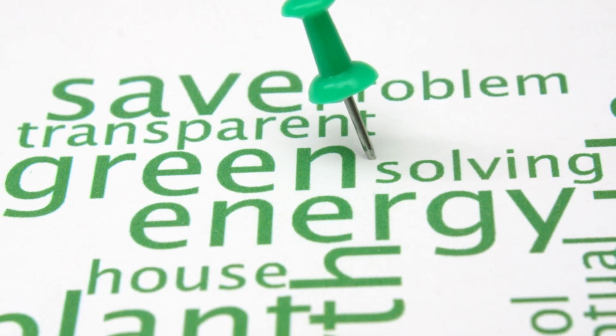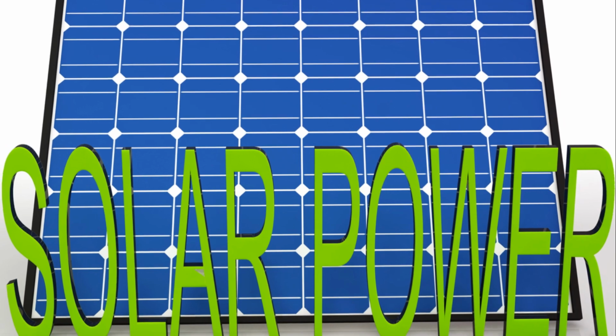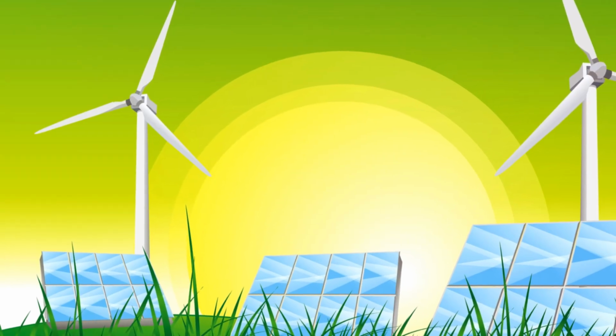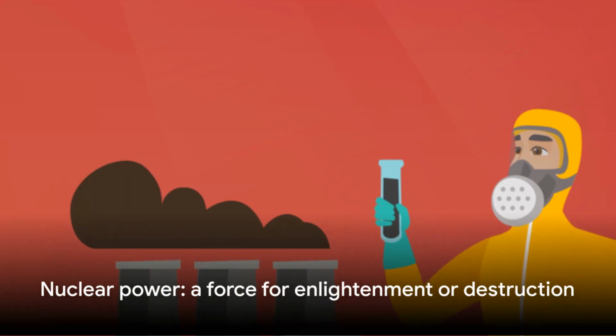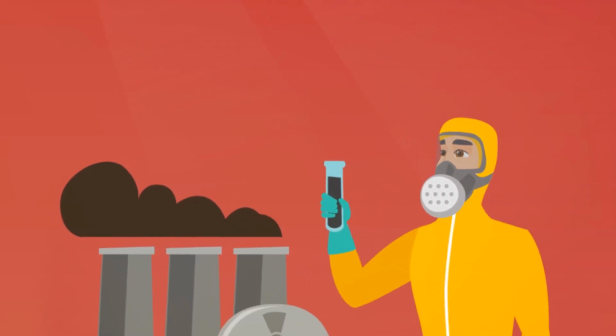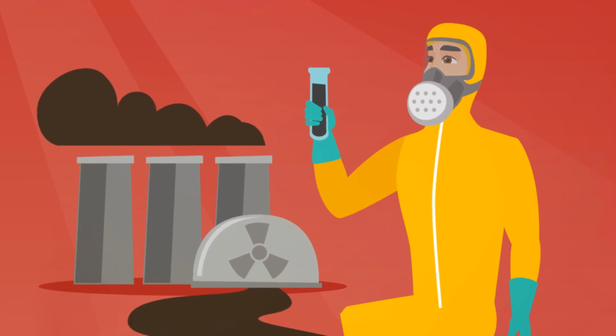It's a delicate balance, isn't it? On one hand, we have a source of power that can provide us with a substantial amount of energy. On the other hand, we have to grapple with the potential dangers and long-term implications of nuclear waste. Nuclear power, a formidable force that can either enlighten or obliterate. It's up to us to decide how we wield this power, with the hope that we always choose enlightenment over